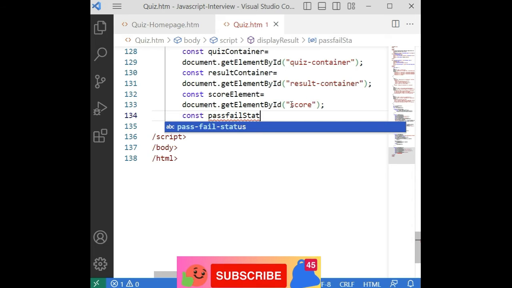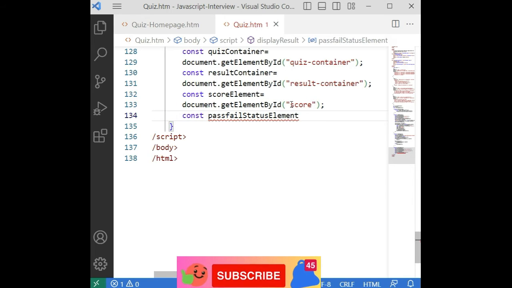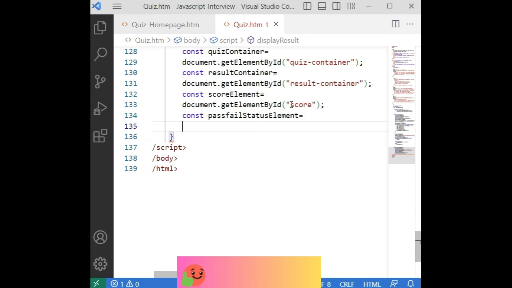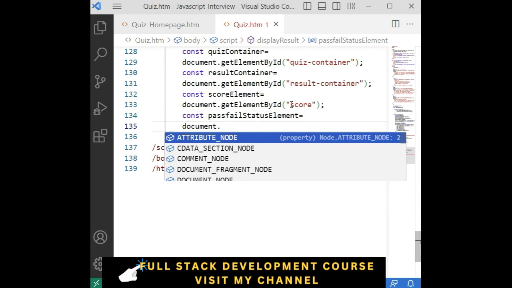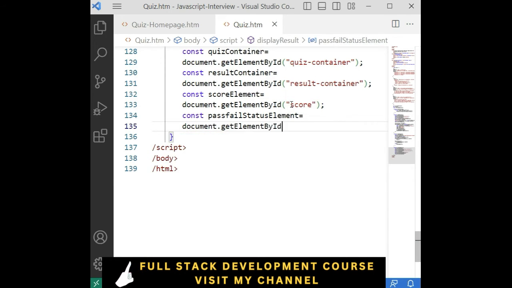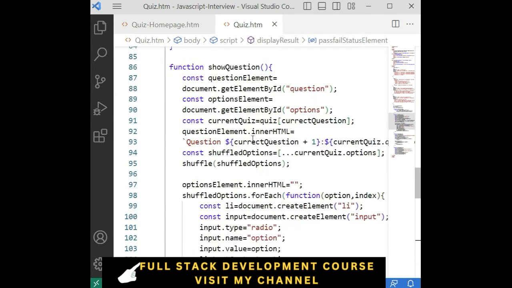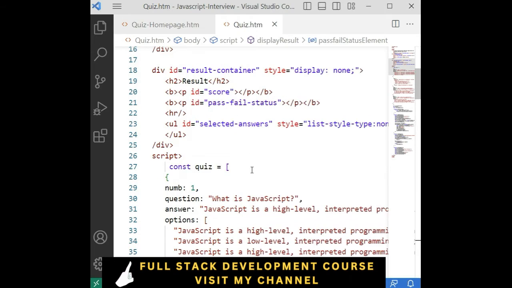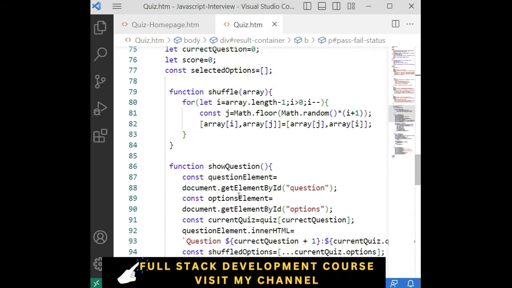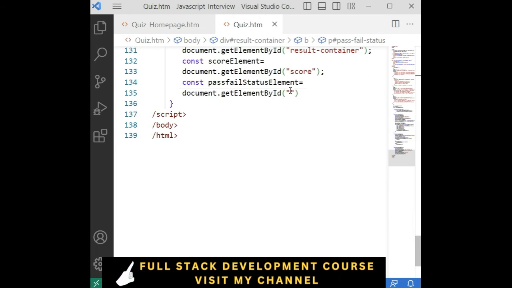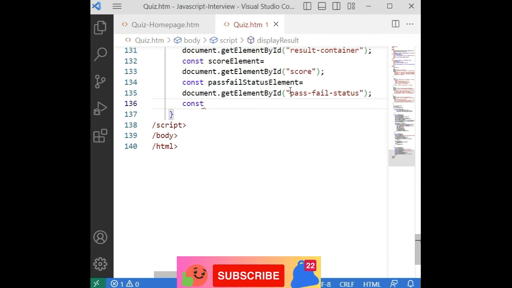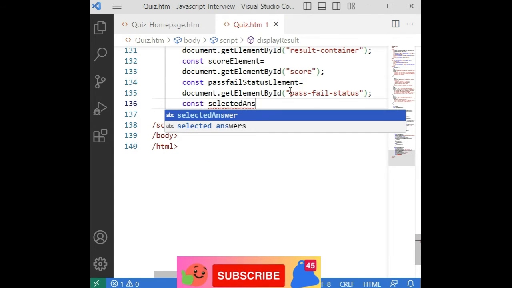Status element is equal to document.getElementById, and let's grab that one also, pause field status. And also we have the selected answers now. So we need to create one more variable, const selectedAnswersElement